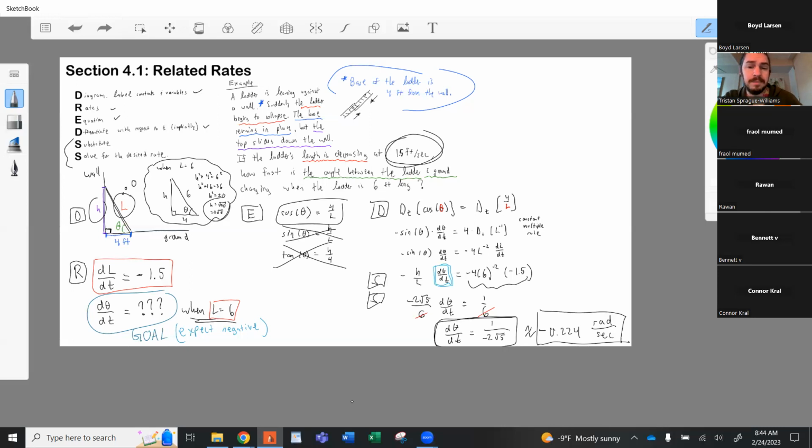The sine and the cosine derivatives, like this part right here where we did the derivative of cosine is sine, depend on theta being in radians. If theta was in degrees, that derivative would be different. So just the very fact that we're using this derivative rule means we need to be working in radians. So always